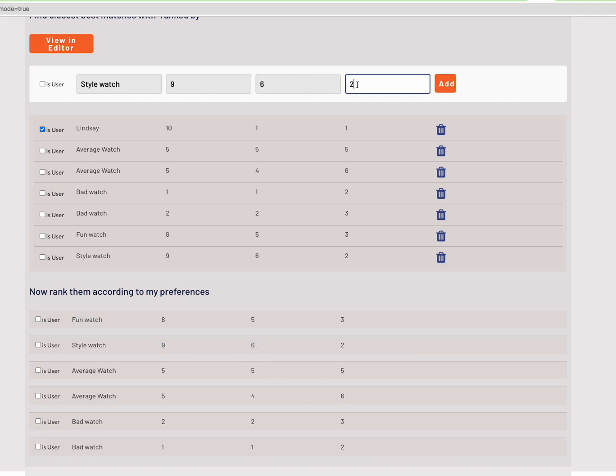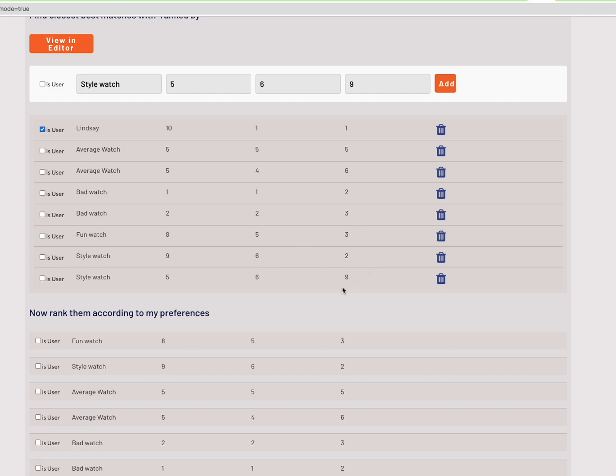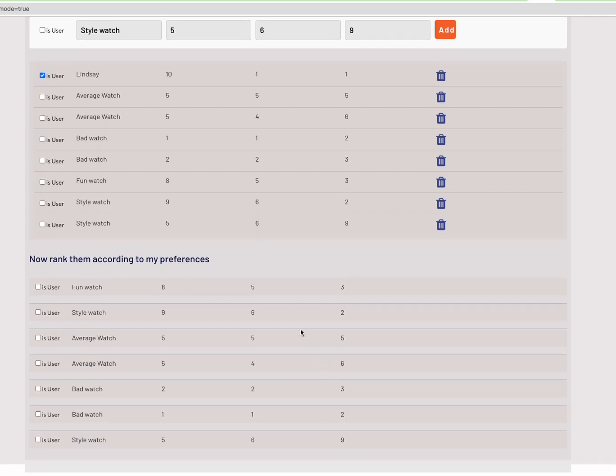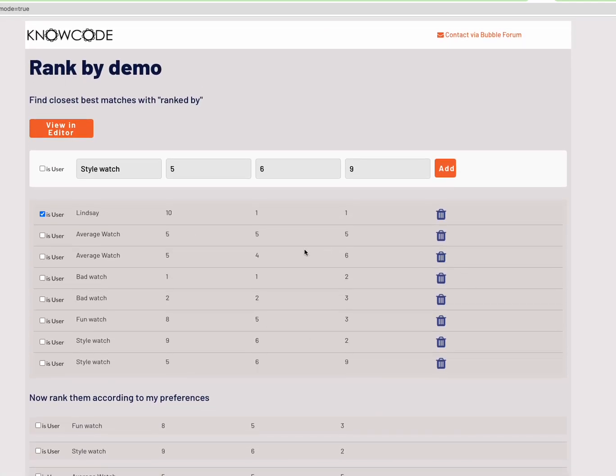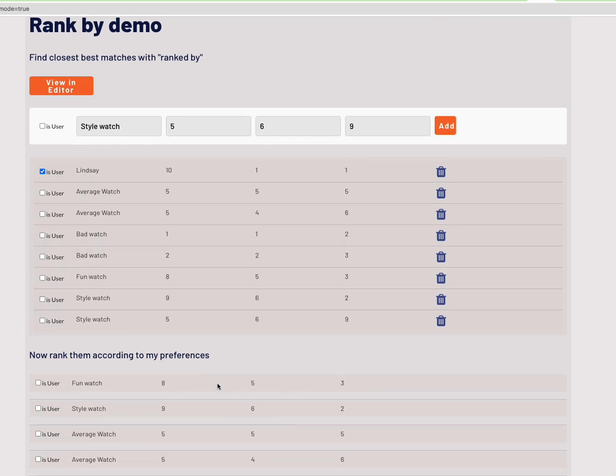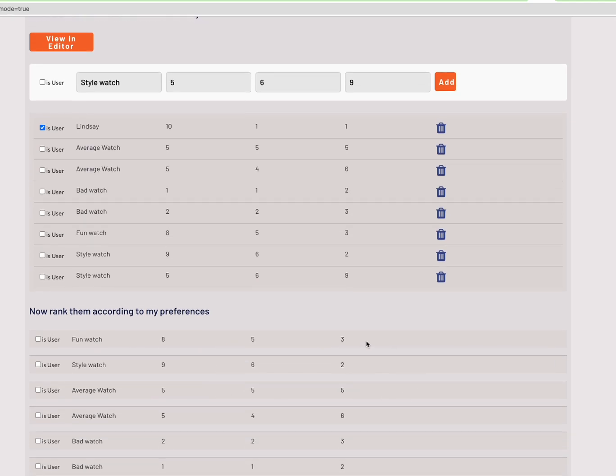let's add another one in, let's say 9 and 5. So here's another watch which has got a high score on this. So basically you could tag these watches just by mathematically saying this has a higher than average fun rating, this one has a higher than average style rating, so that you could, rather than go through and figure out why you matched on it, because we know we matched for very strongly mathematical reasons, basically we're saying, well, what are the characteristics of this watch? What makes it? Well, it's